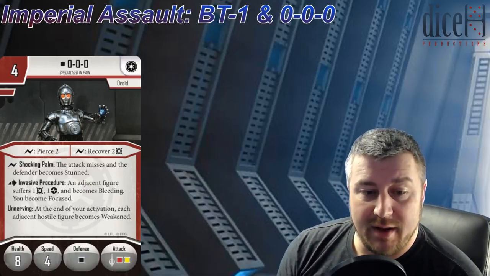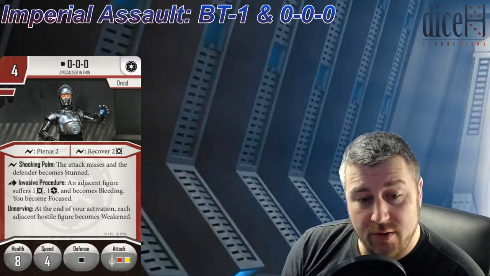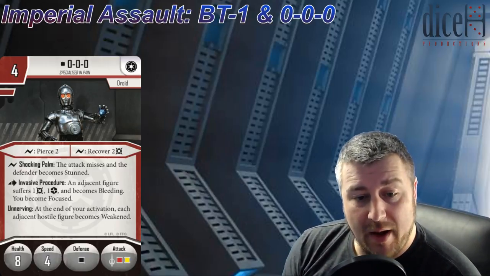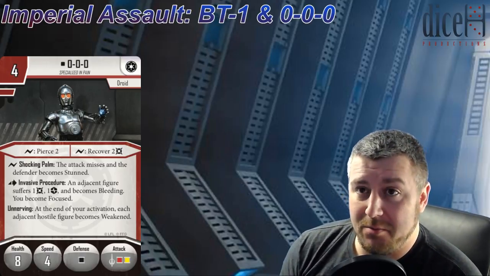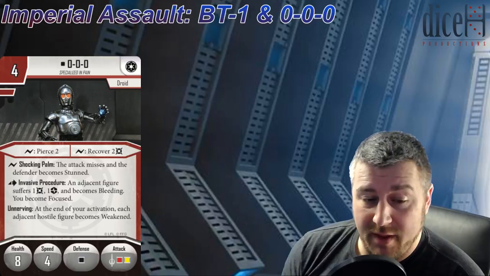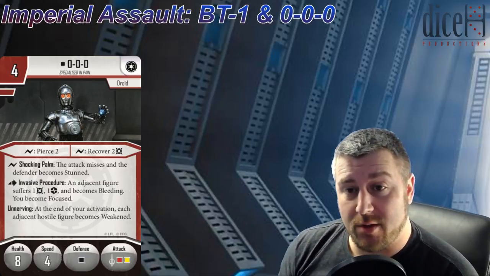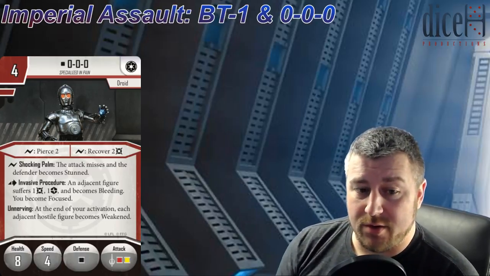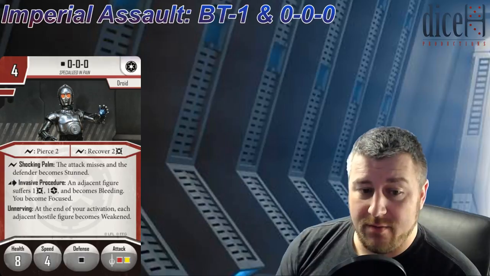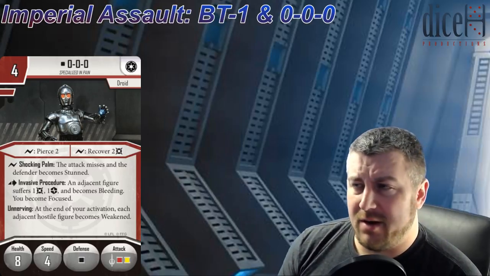Then we look at his surge abilities. So he has Pierce 2, a Recover 2, and Shocking Palm as an ability, which does mean that even if your attack misses anyway, you can still trigger this. And obviously it is the attack misses and a defender becomes stunned. So if you're going against Luke Skywalker and he rolls a dodge, it doesn't matter, you can still focus into this result and get the stun off anyway, because it's an ability,